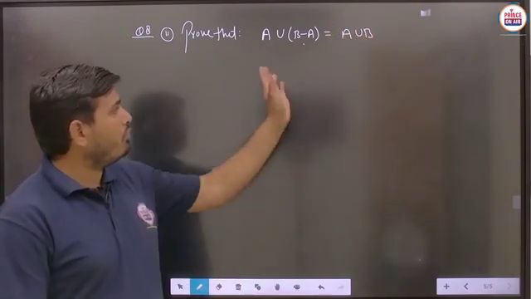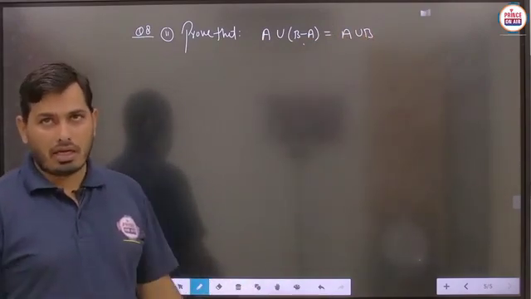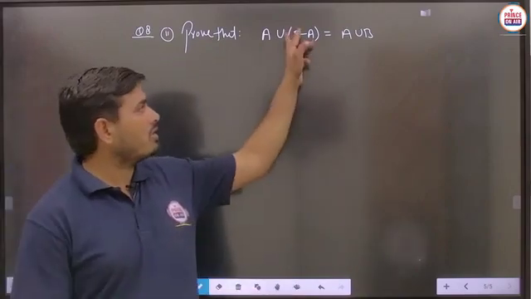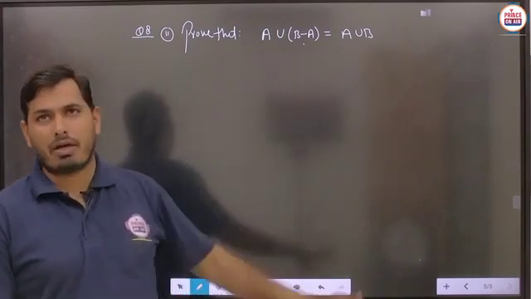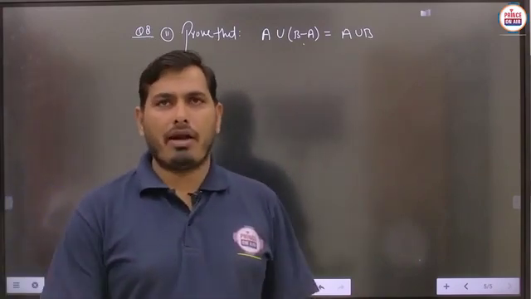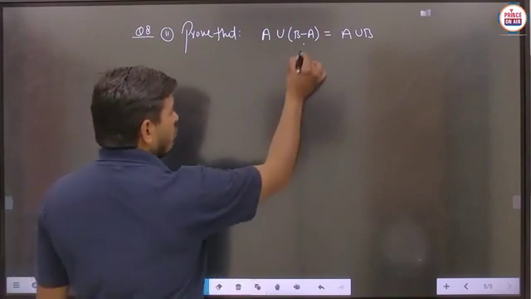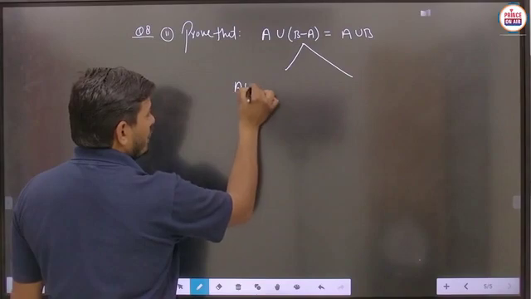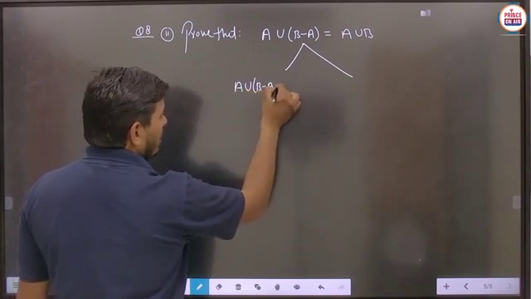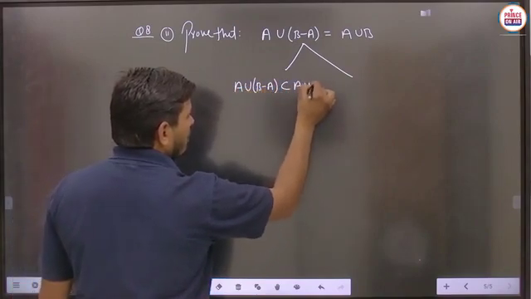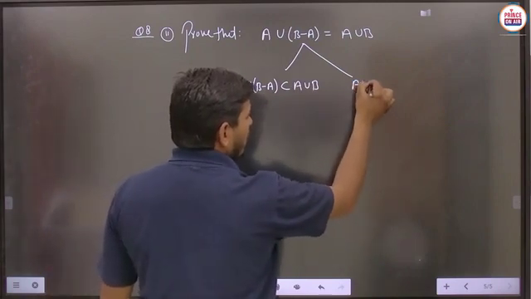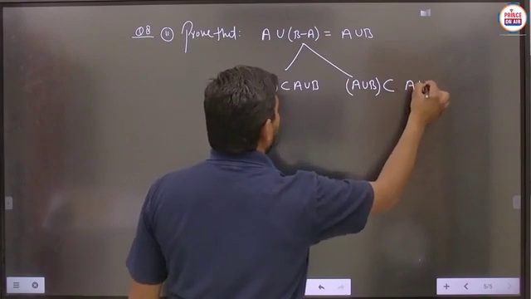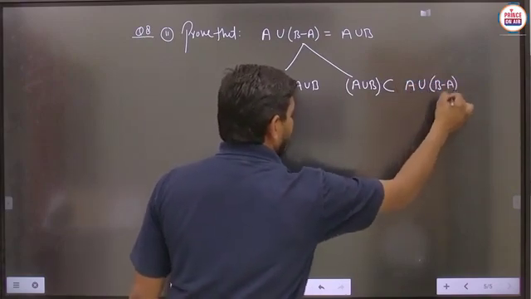So basically if both the sets are to be proved equal, then again we will apply the same logic, means either this is the subset of that part and that is the subset of this part, then definitely you will get the required result in a general way. So basically to prove this thing, again we have to prove two parts. Either we have to prove that A union B minus A is a subset of A union B, or in the second part we have to prove that A union B is a subset of A union B minus A. Is it to be clear?